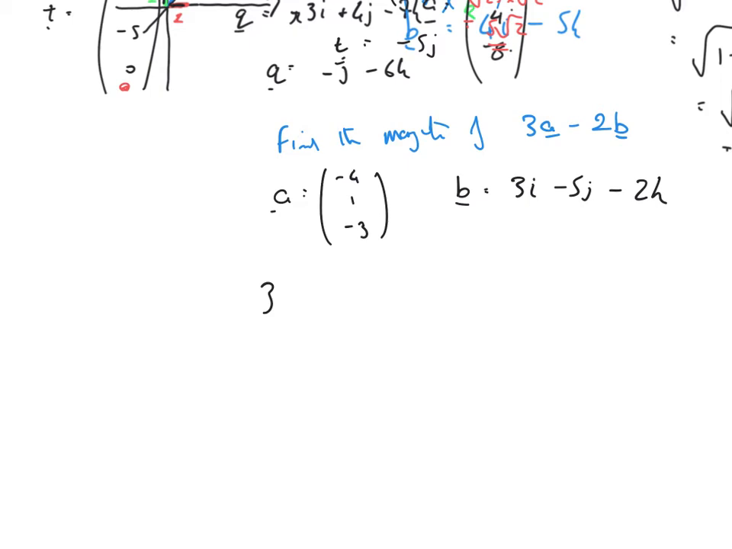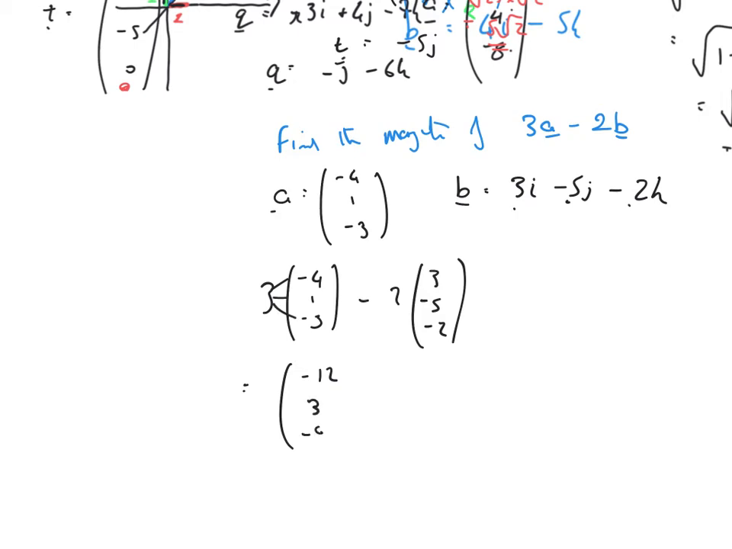Okay, so 3 lots of the vector a, that's 3 lots of minus 4, 1, minus 3, minus 2 lots of the vector b, which is going to be 3, minus 5, minus 2. Okay, so 3 lots of minus 4 is minus 12, 3 lots of 1 is 3, 3 lots of minus 3 is minus 9, minus 2 lots of 3 is minus 6, minus 2 lots of minus 5 is 10, and